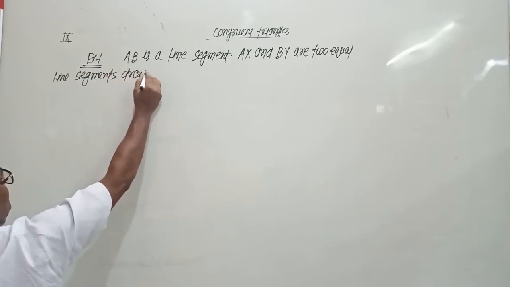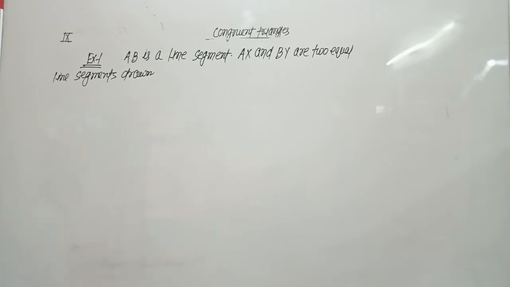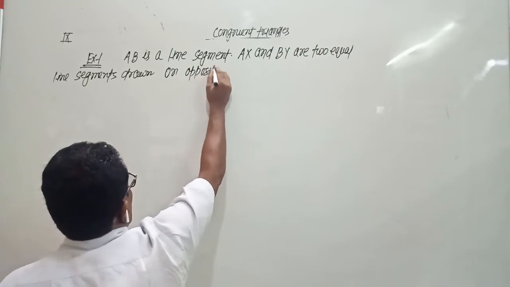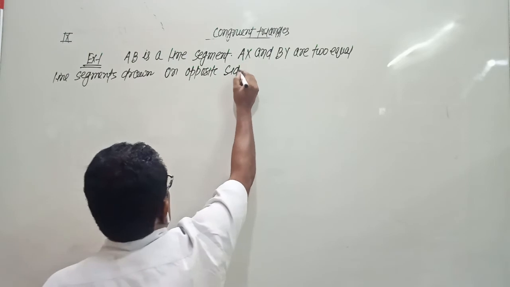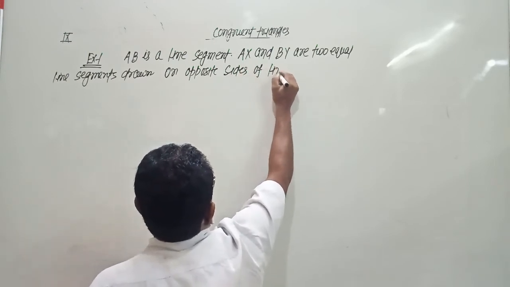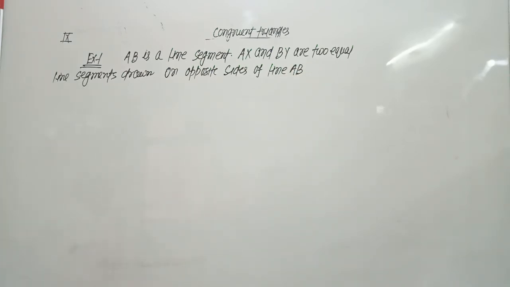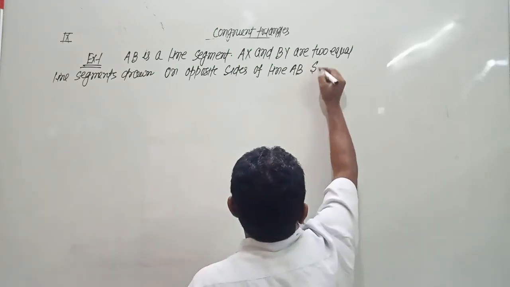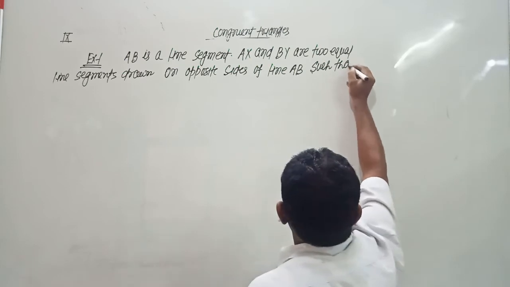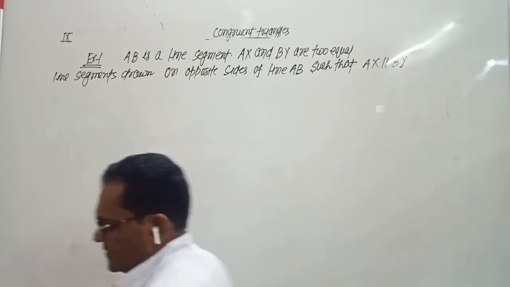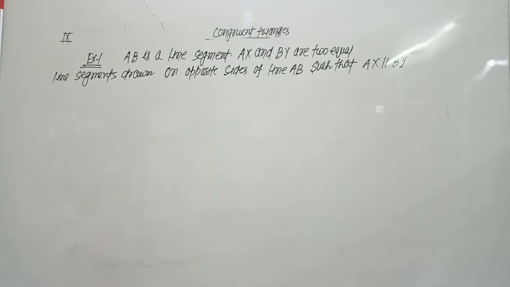drawn on opposite sides of line AB, such that AX is parallel to BY. If AB and XY intersect each other at P,